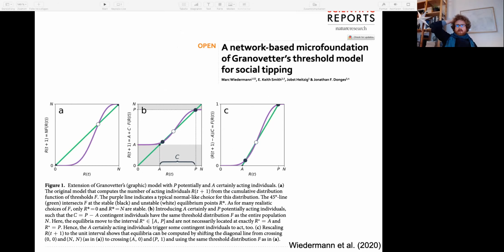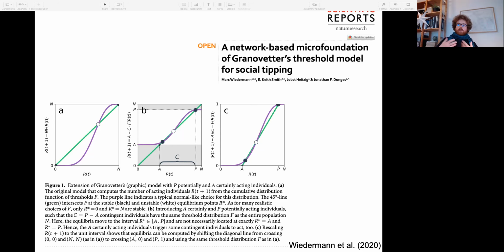It's called the Network-Based Microfoundation of Granovetter's famous threshold model for social tipping. What we basically do is connect Watts' famous 2002 model of cascading dynamics on networks and use this as a microfoundation. It turns out that Granovetter's threshold model emerges as a macroscopic approximation of Watts' threshold dynamics model, and we can even extend it to improve the model